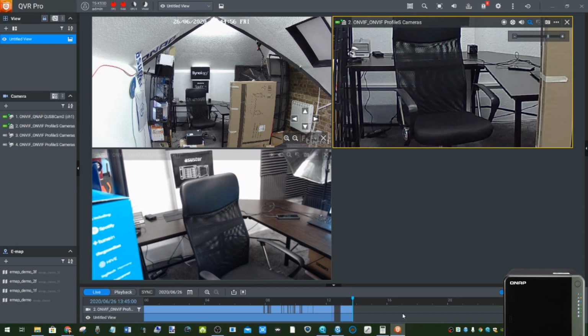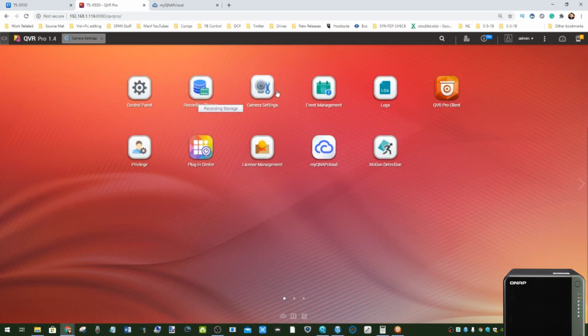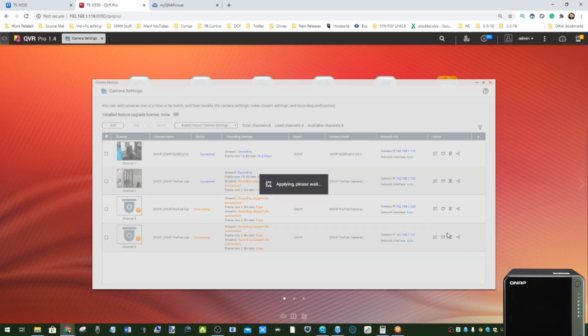Adding cameras is really easy, and if we go back to the web browser, I'll show you how. We'll have a look, go into QVR Pro, go into the camera settings. We can go ahead and double check and delete this camera. So these are 120 and 121, so let's delete those cameras. And then what we're going to do is reattach them to the local area network just to show you that they're working. So we're just going to delete those, reconnect them to the local area network, because as you see,